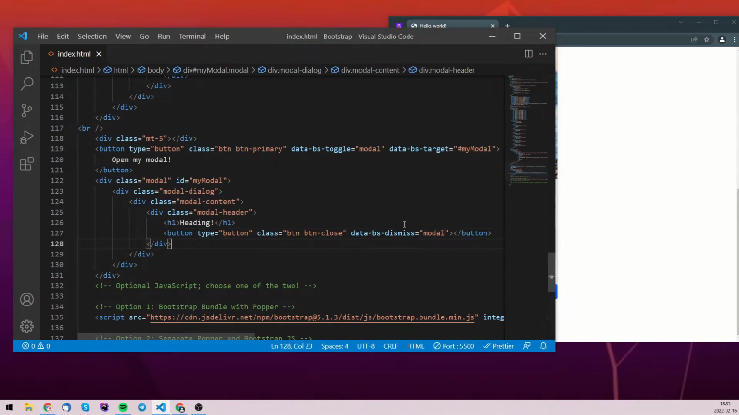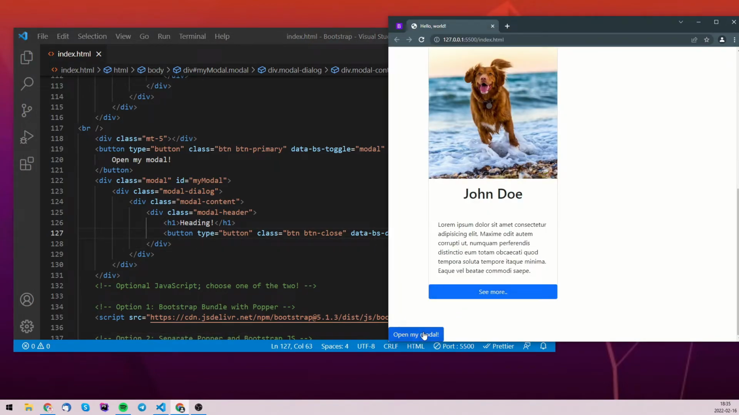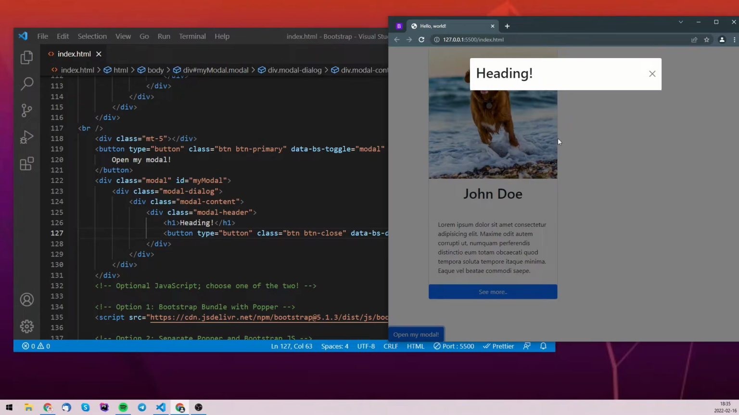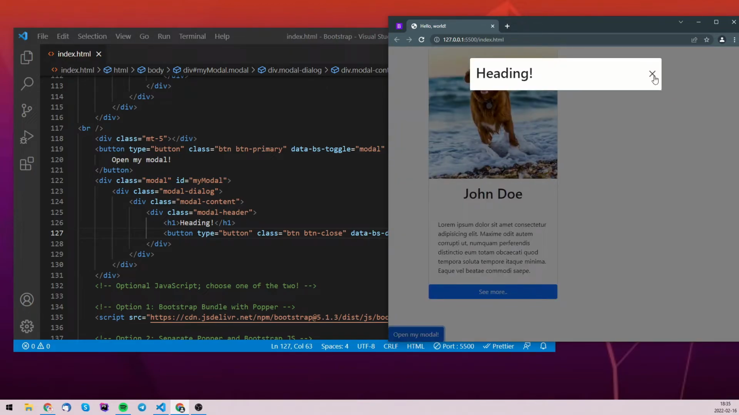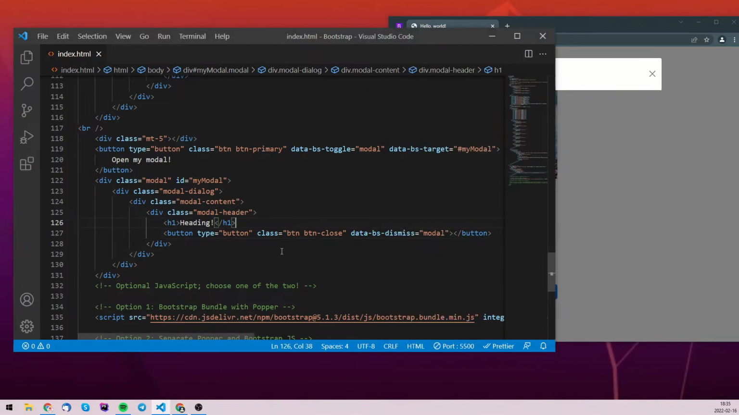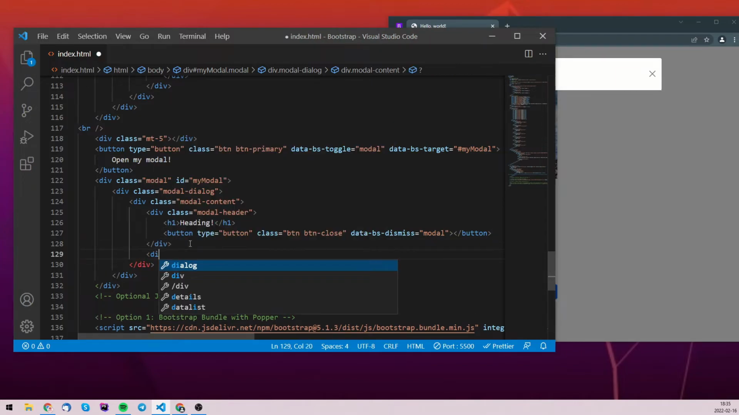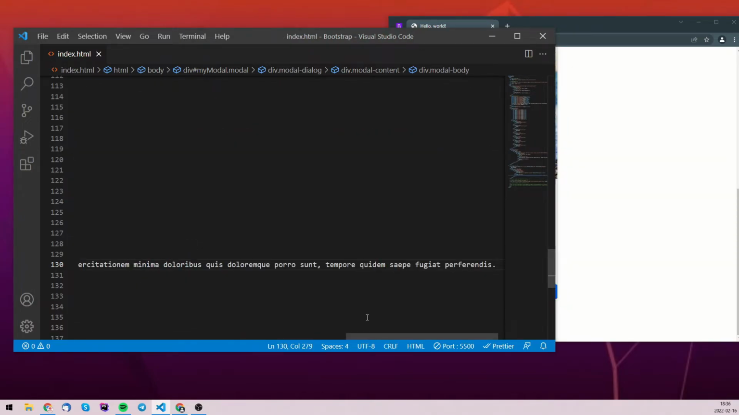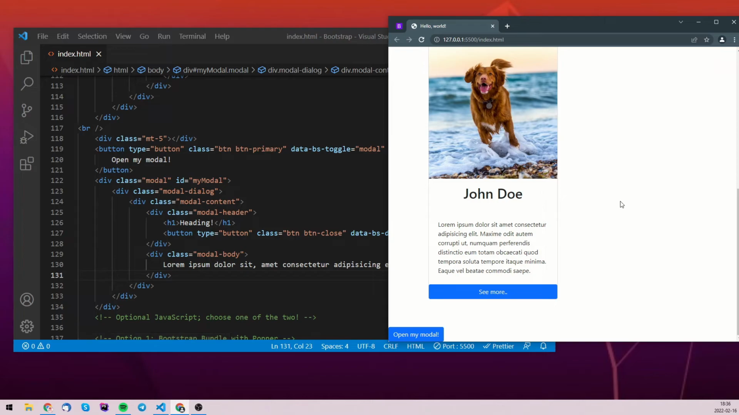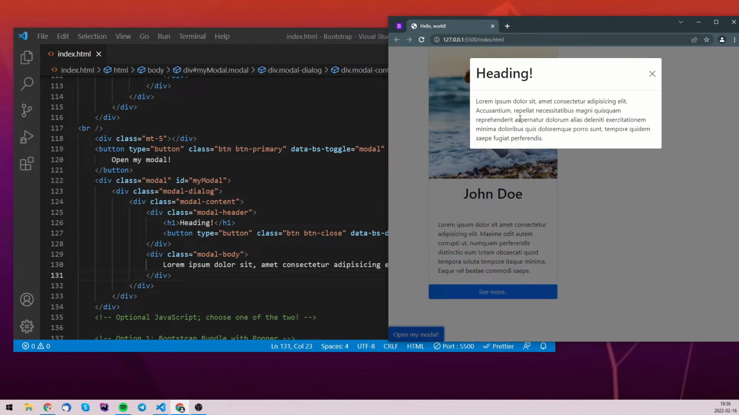Okay, so if I save now and go here and I click on open my modal, bang, look at this, we have a modal. And if we click somewhere else, it disappears. If we click, it appears. This is the button close, and this is the heading. Awesome, isn't it? And also we can have a modal div class modal body, where we can have our text, lorem ipsum again. Oh, this lorem ipsum is so nice. It saves us time here. See, so it fills in with text,